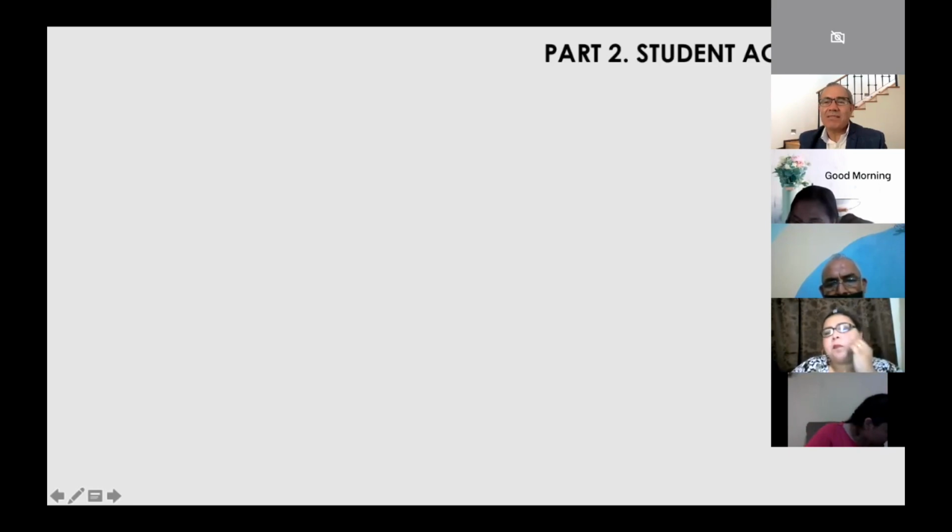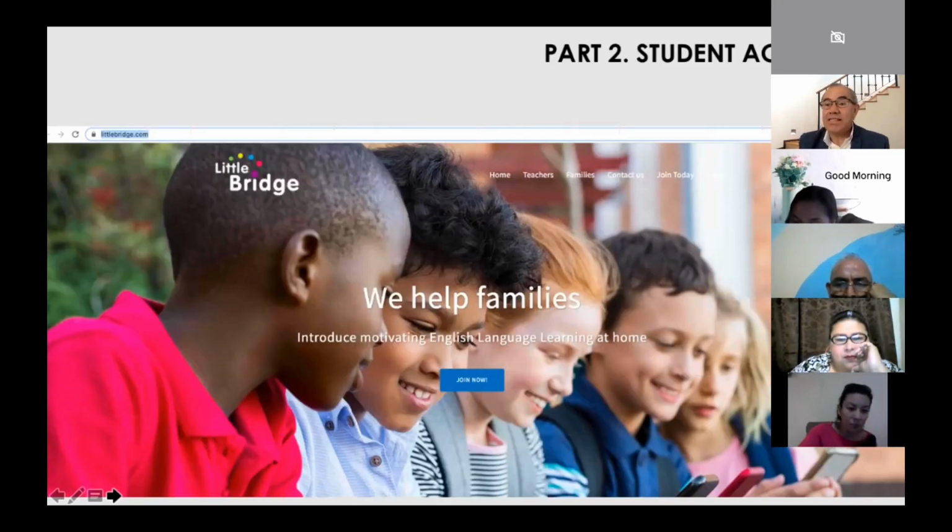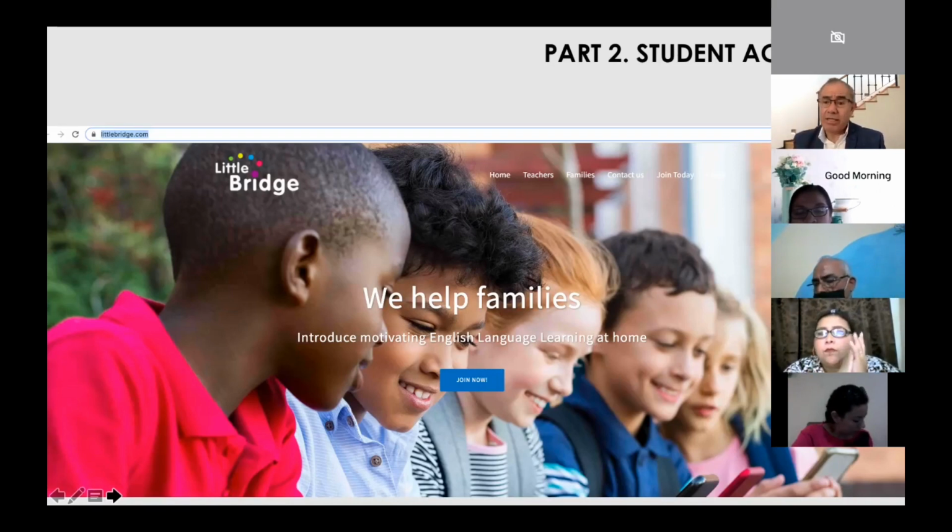So next part is about students. Ahora, ¿qué vamos a hacer con los chicos? Ya aprendieron cómo le vamos a hacer con los teachers, ahora vamos con los... Y es otra liga, completamente diferente, ¿vale? El username y el password que ustedes tienen no les sirve para entrar como alumnos, se tienen